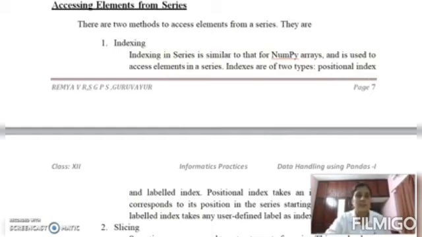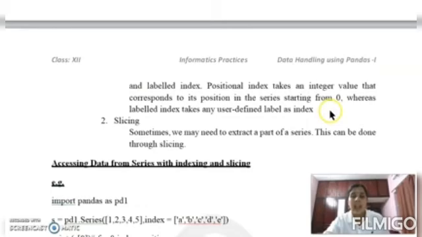There are two types of index. By position: the first element is stored at the 0th position, the second element at position 1, and so on. And we can use a labeled index. Labeled index means a user-defined index can be used.